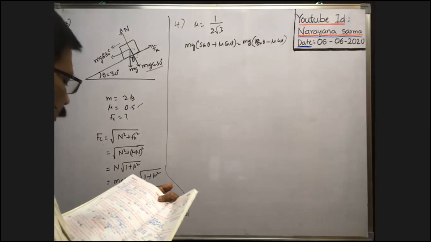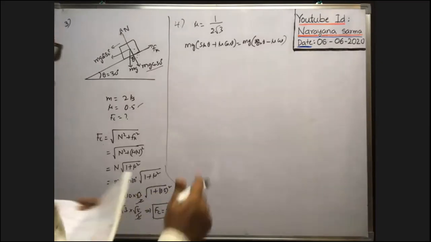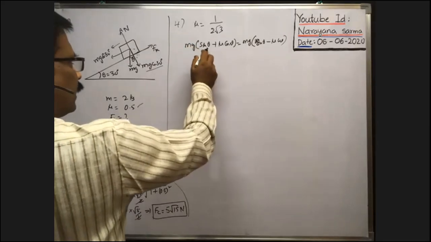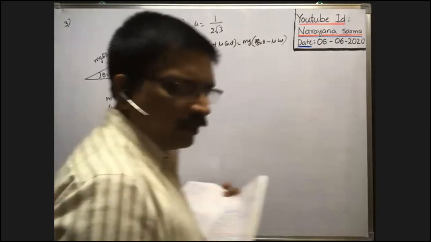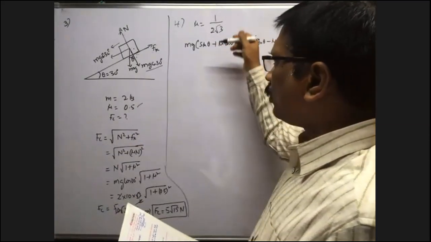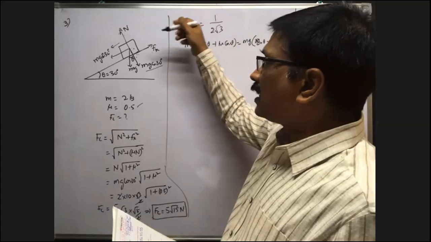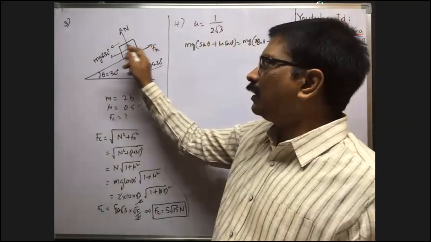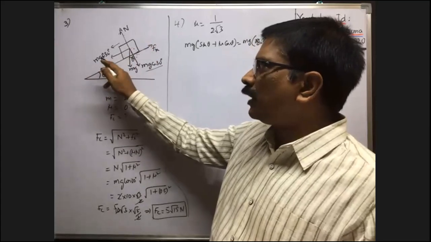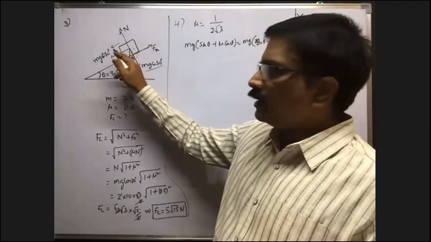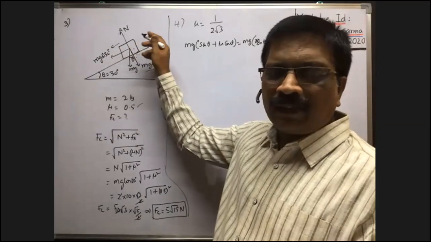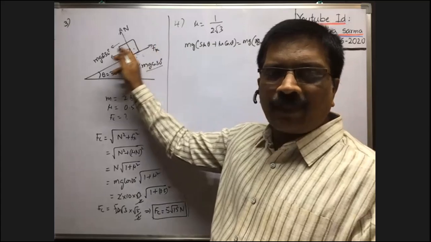We see the minimum force required to move the body up the inclined plane. To move the body up the inclined plane, what is the minimum force? mg times (sin theta plus mu cos theta). Yesterday already in concepts I said. That is equal to 3 times the minimum force required to prevent the slipping of the block on the inclined plane downwards. That means whenever the block comes down, the net force acting on the block downwards is equal to mg times (sin theta minus mu cos theta). That is the net force acting on the block while it is coming down.